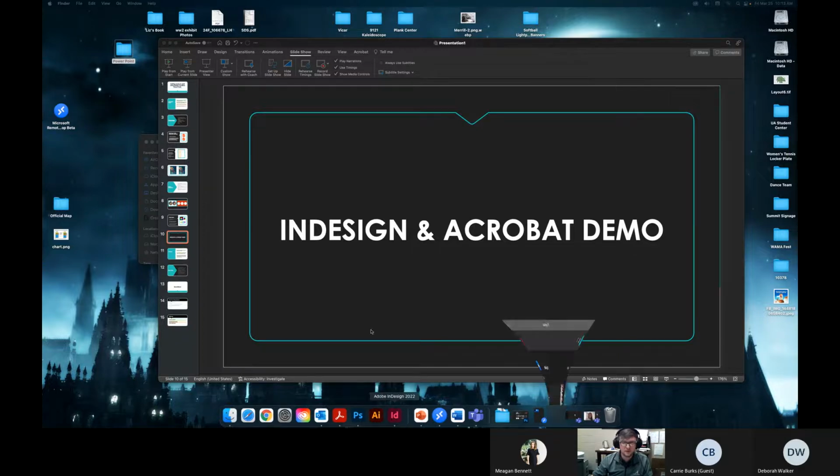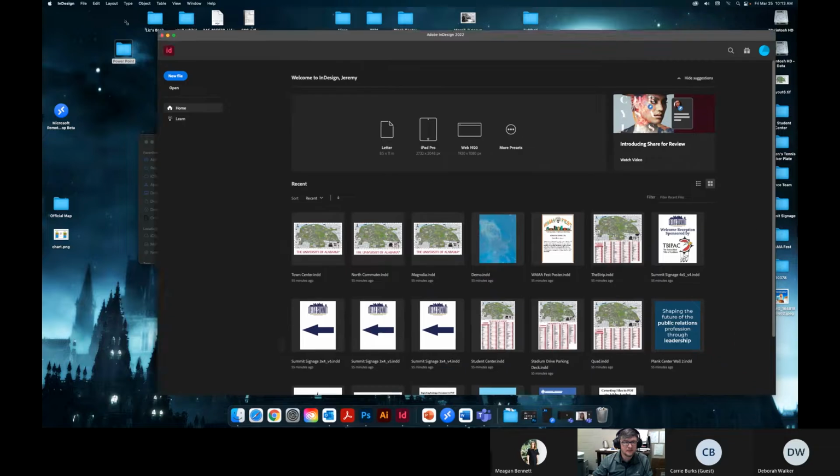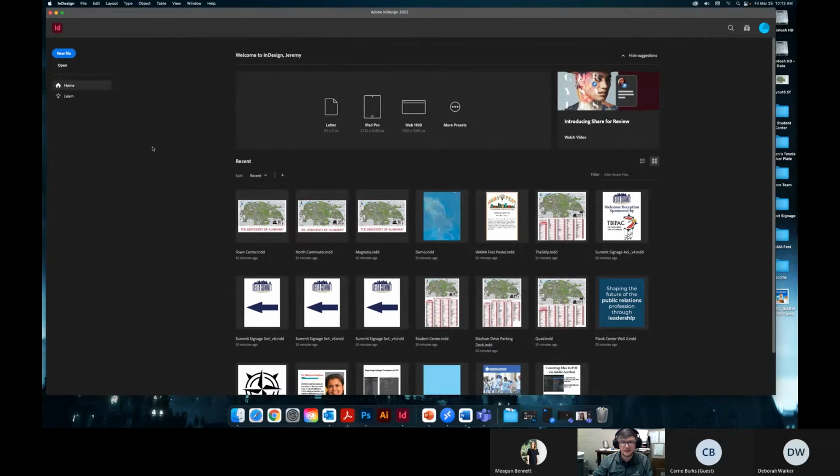So first off, I'm going to do this from InDesign, and this is InDesign here. Pretty basic on how it pulls up. InDesign is pretty much the industry standard on designing like brochures, template stuff, because it's got a lot of useful tools in setting up your file, as well as the crops and bleeds functionality built into it. So if we wanted to do something from scratch, it's pretty easy,